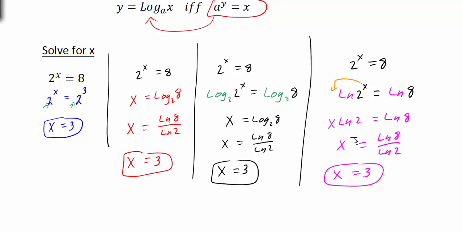So the one great thing about this last technique is once we divide, we can already put ln of 8 divided by ln of 2 in the calculator. We don't have to worry about the change of base formula like we did over here in this previous technique, where we ended up with log base 2 of 8, where we had to then go to the change of base. So really, any of these techniques that you prefer, just try to choose one,